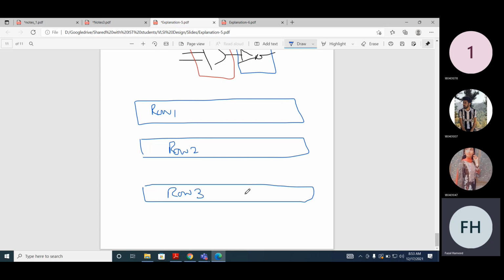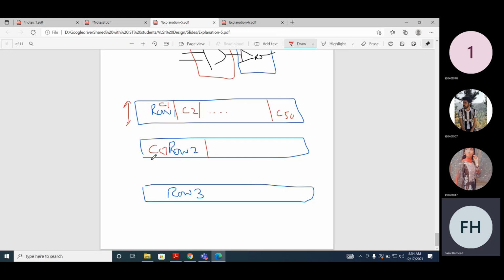The length is the same, and even this row 1 may consist of different cells. Maybe this is cell 1, maybe this is cell 2, maybe this is cell 50, maybe this is cell 51, and so forth.